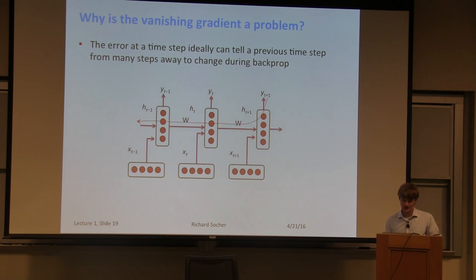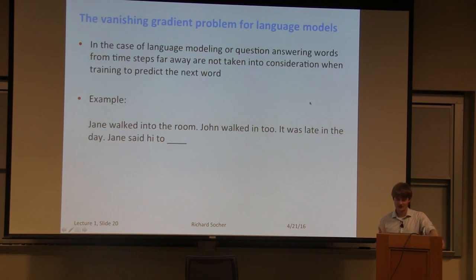So let me give you an intuition. Ideally, when we try to predict this word here, we will be able to modify some signal, to change based on what the next word is. So let me give you an example here for language modeling. Similar things are actually true for question answering and lots of other really hard problems in NLP. Let's say I have the sentence, Jane walked into the room, John walked in too, it was late in the day, Jane said hi too. What does your internal language model say is the next word? John, exactly. So you're able to take all the previous time steps from many time steps ago,